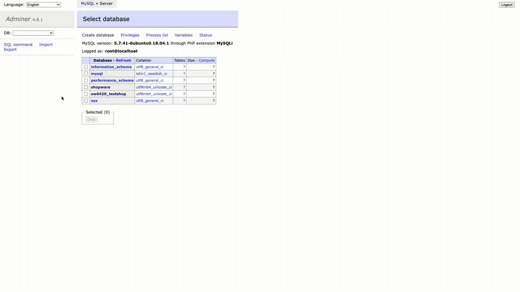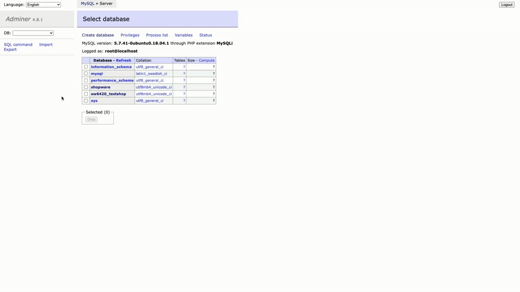So now we are going to copy the contents of the live database to the newly created test database. This is possible via the export-import function within Adminer. If you are using another interface like phpMyAdmin, it's most probably a similar export-import function that you can use.